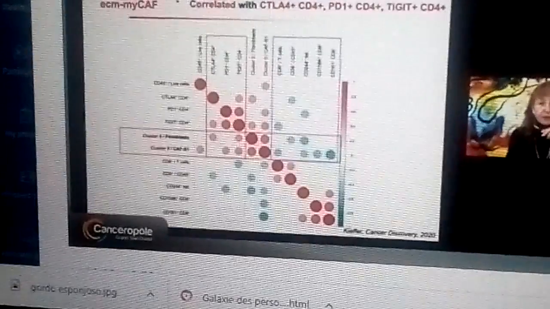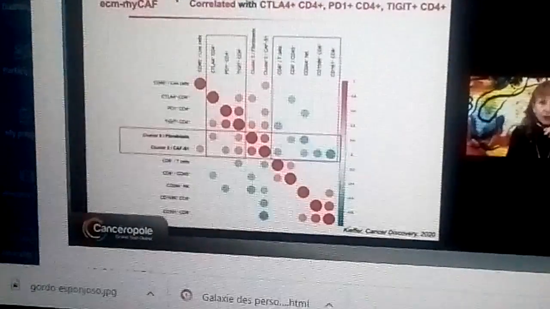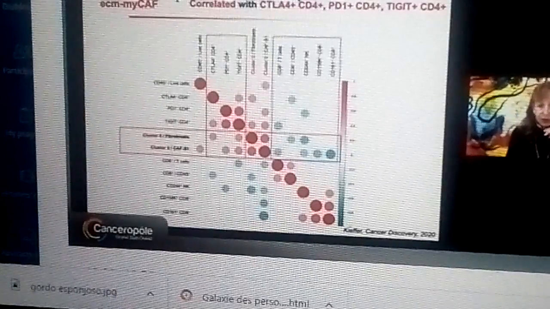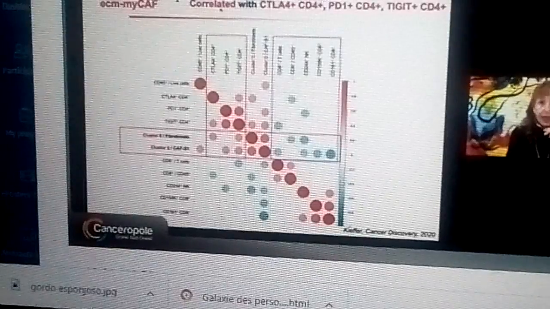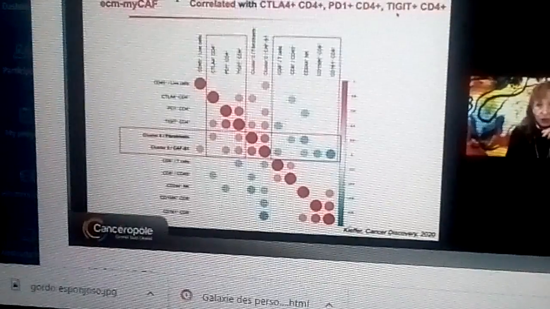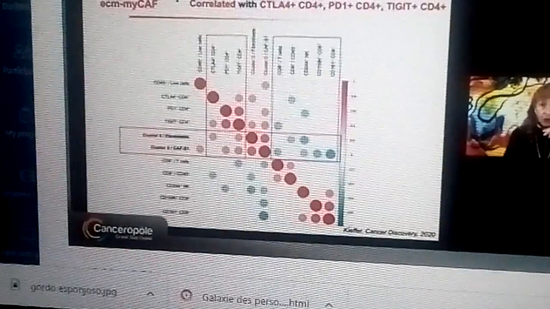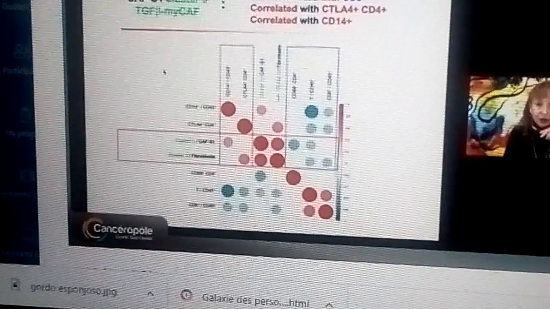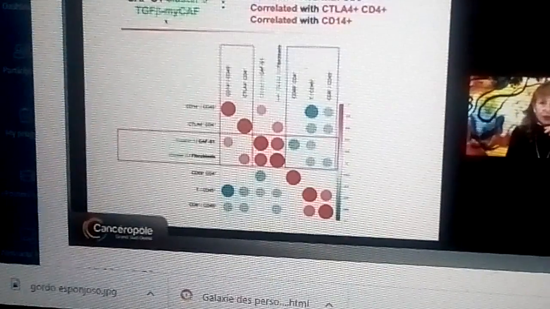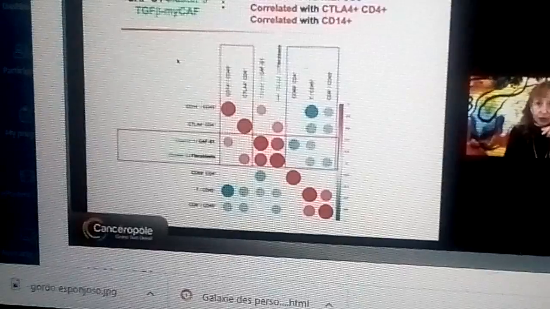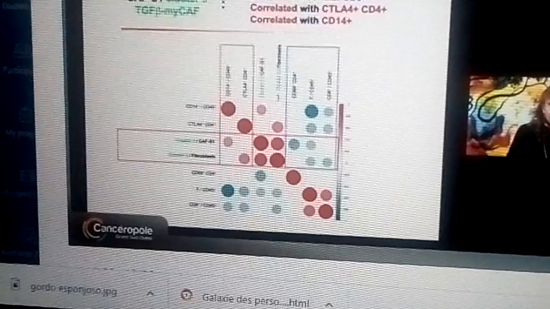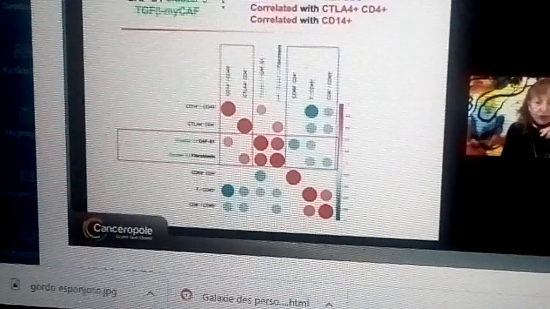lymphocytes. And what we found is that, indeed, for instance, the CAF-S1 cluster 0, ECM-myCAF, is really anti-correlated with cytotoxic CD8 T cells and NK cells, and correlated with CD4 cells that are positive for CTLA4, PD1, or TIGIT. In addition, we found that the CAF-S1 cluster 3, called TGF-beta-myCAF, is also associated with an immunosuppressive environment, and this cluster is anti-correlated with CD8, correlated with CTLA4-positive CD4 T lymphocytes, and correlated as well with